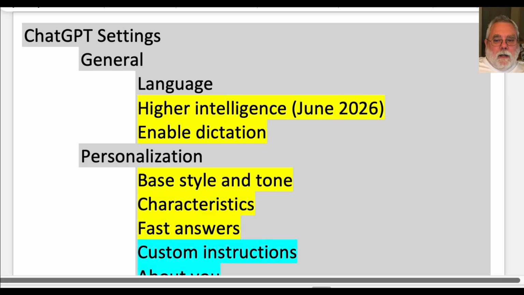In the following, I tell you where to find the most relevant settings to consider. You decide how to set them for your needs. I'm highlighting memory in green, custom instructions in blue, and preferences personalization in yellow, and I will make this document